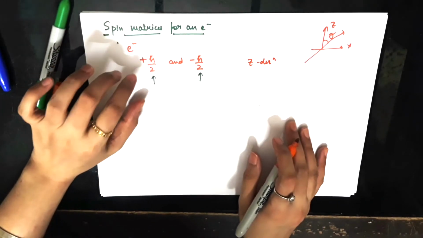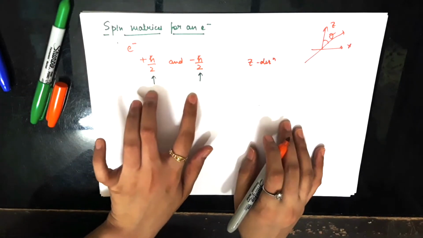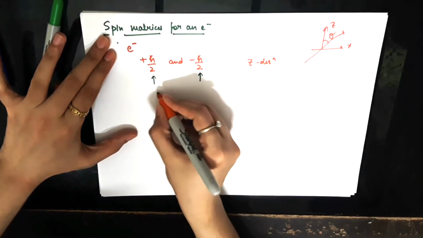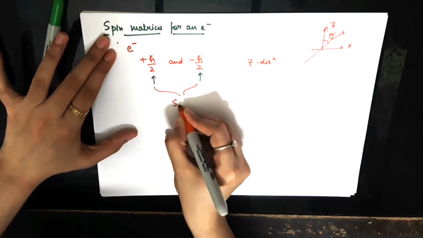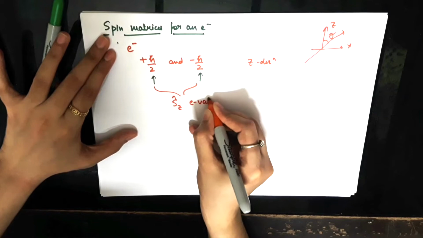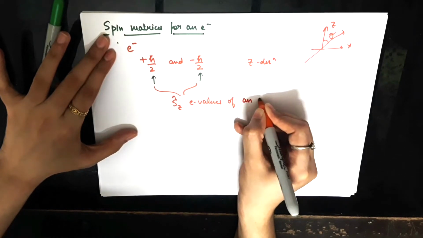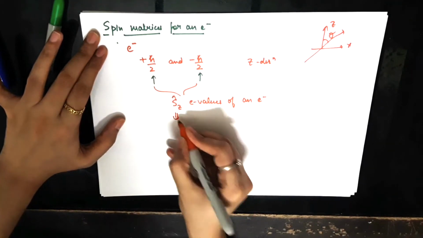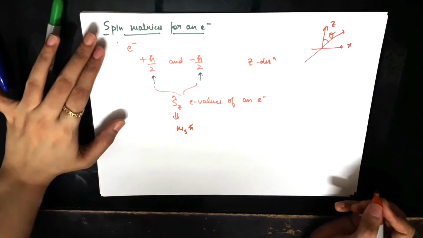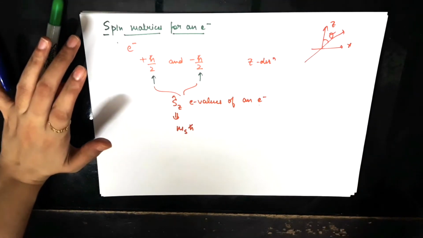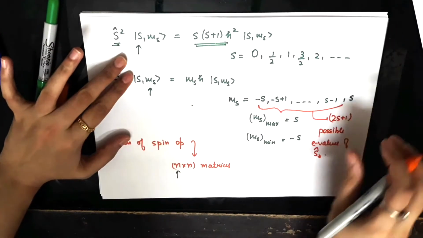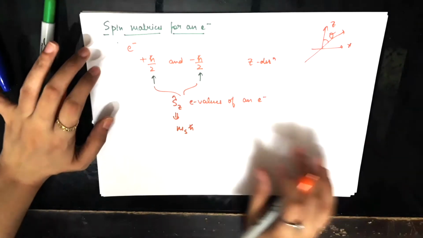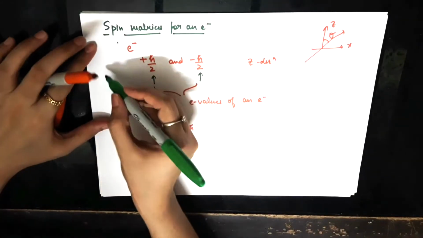So this experimental observation tells me that these are the Sz eigenvalues of an electron, because I am choosing the z direction. So these two are Sz eigenvalues of an electron. In our notation, the Sz eigenvalue is ms h bar. So this is how I denote my Sz eigenvalue over here. So from here, from the experimental data, this is from experiments.